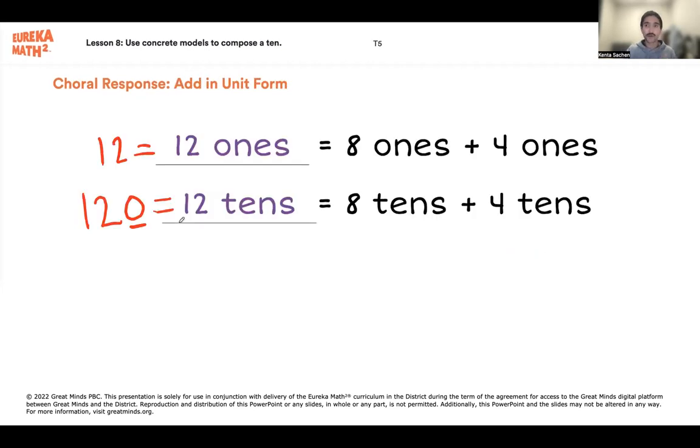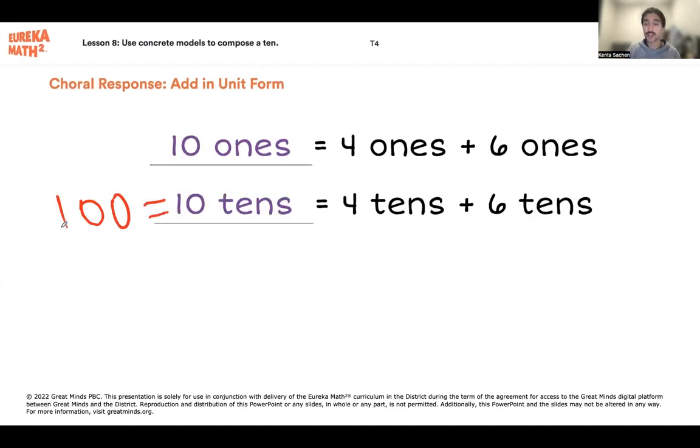Okay, now, and this exact idea, right? 12 ones equals 12, 12 tens equals 120, right? Or 15 tens equals 150. Or 10 tens. Remember, 10 tens is equal to 100. It's going to be a super important concept today. Or even, right, that 10 ones is equal to 10. Super important today. So now I want you to get out your workbooks and you're going to open it to